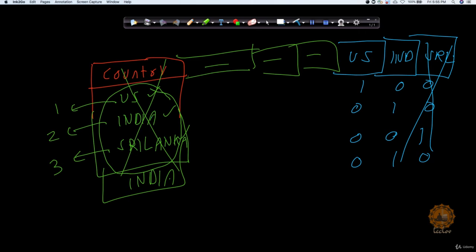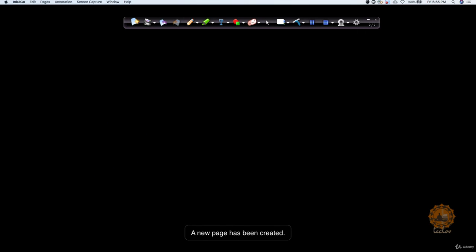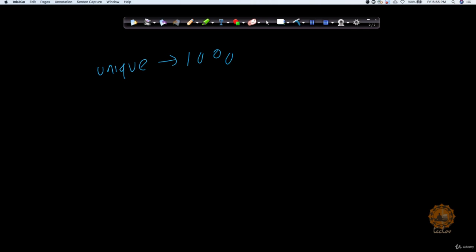But if you look at the problem of one hot encoder, we are facing one issue here: if your unique values are too high, let's say 1000, are you going to end up with 1000 new columns? It means you are increasing the dimensionality of your data, and you will also have so much sparse data. This is a very big issue with one hot encoder, and few algorithms have big trouble with this, especially tree-based ones like random forest. So this will create a problem if you have huge dimensionality data.